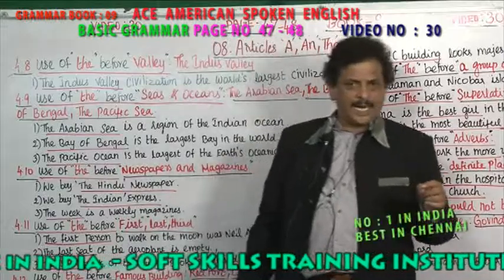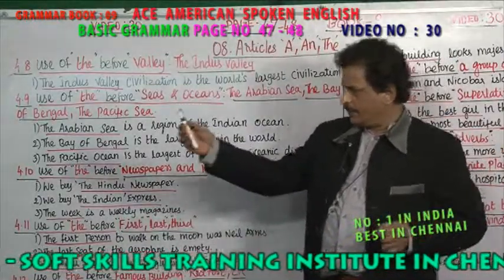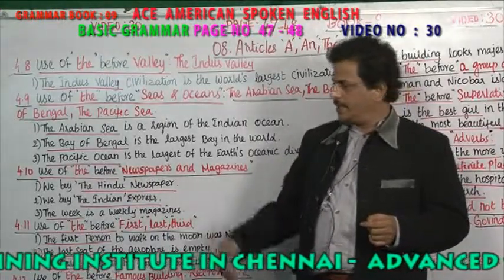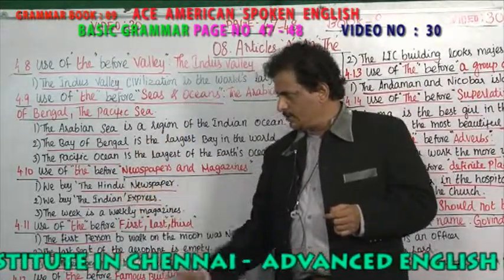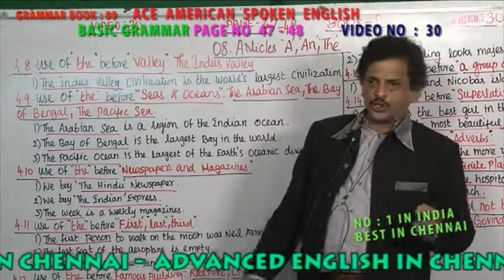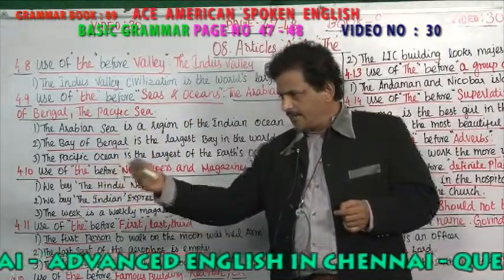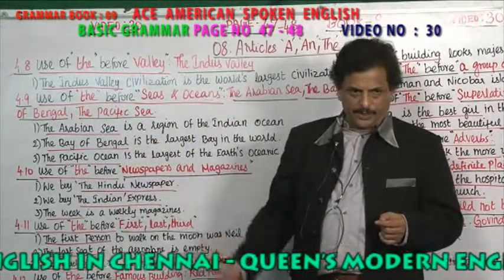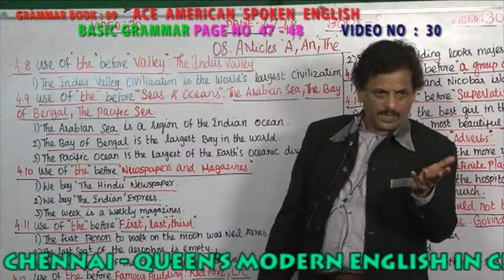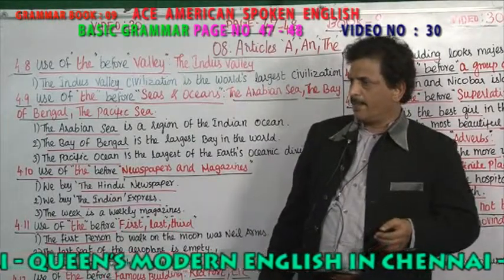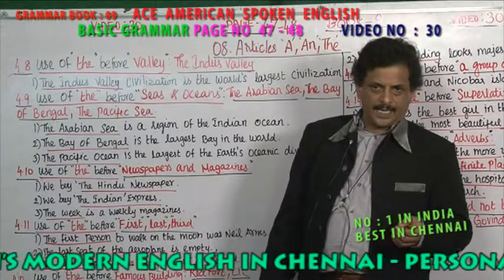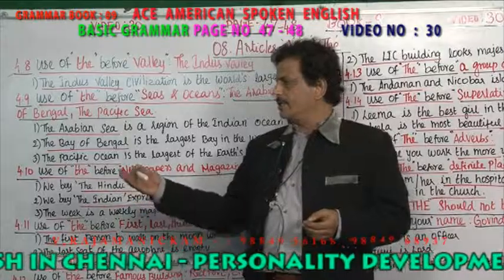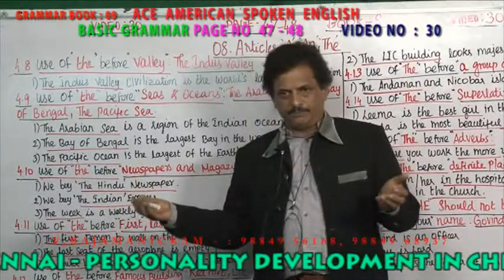Common noun. A and the is used in front of which other noun? Collective noun. A and the is used with one other noun, material noun. A and the is not used with what noun? Abstract noun. A and the is not used in front of proper noun. What is the proper noun? Rama, Rahim, Chennai. You are not supposed to use the or a and, right? So, in front of abstract noun, what are those? The sadness, hope, happiness, no.